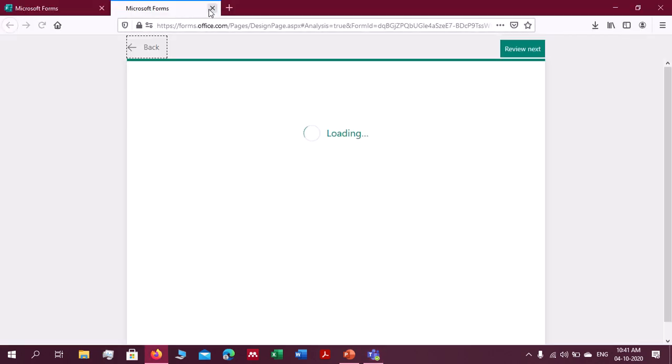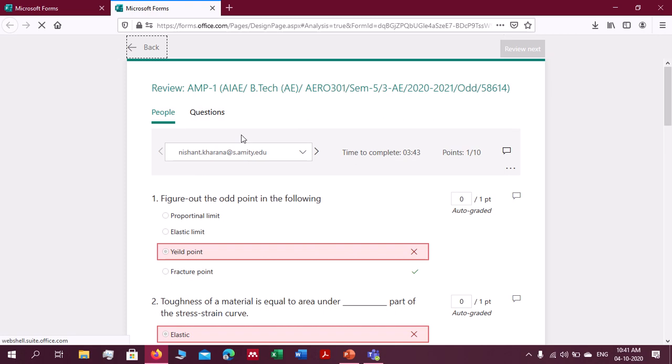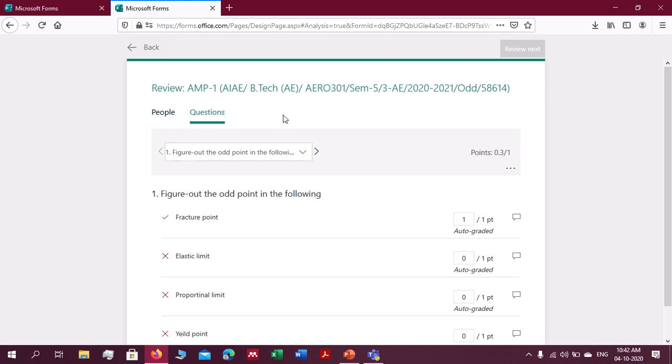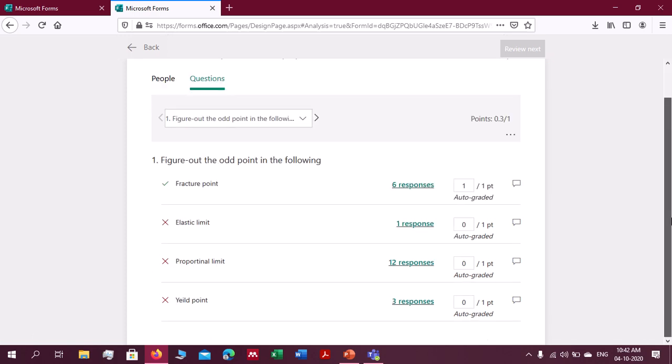Like this, again, you can see all the responses are there. And what the questions are you can see here. First question was answered correctly by 6 students, one by elastic limit, and which option was selected more.